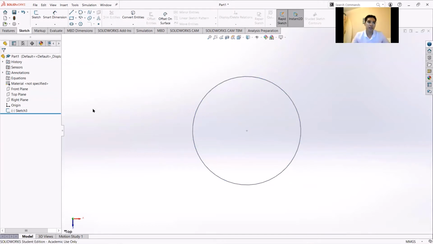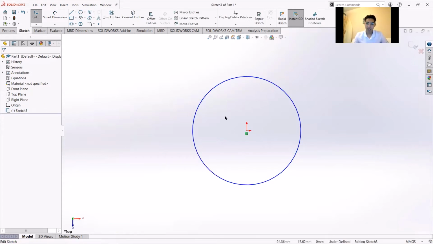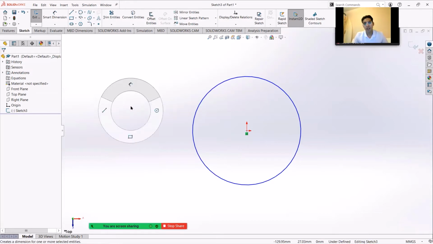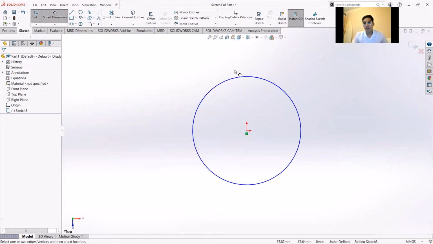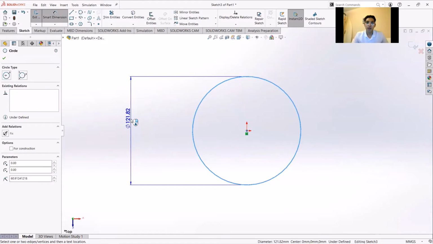It'll take you out of your sketch. It won't undo your sketch. It'll take you out of your sketch. So to go back to your sketch, you simply click on sketch. You right click, left click on sketch, and then there's this little button right here that says edit sketch. So that's what we're going to do. We're going to click edit sketch, and then again we're going to right click and go up, right? So right click and go up, and then now we're on smart dimensions,